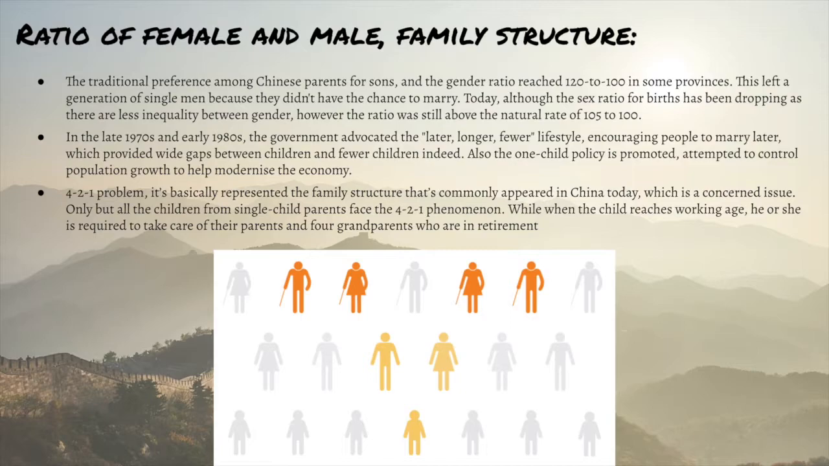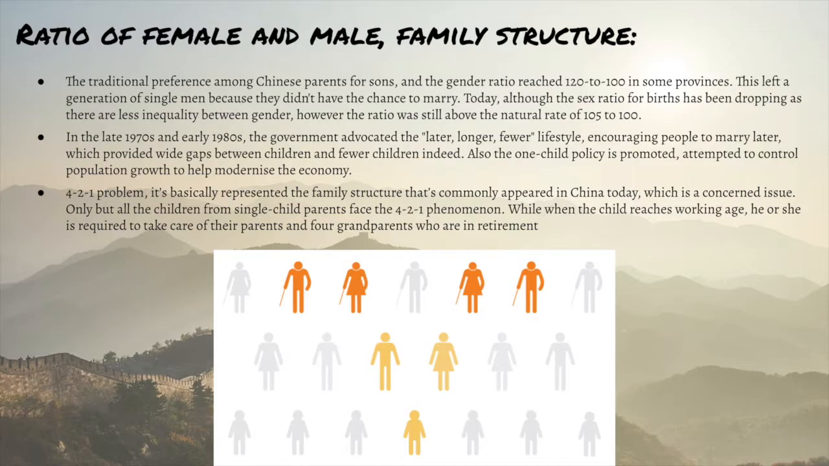Second is the traditional preference among Chinese parents for sons, and the gender ratio reached 120 to 100 in some provinces. This left a generation of single men because they didn't have the chance to marry. Today, although the sex ratio for births has been dropping as there is less inequality between genders, the ratio was still above the natural rate of